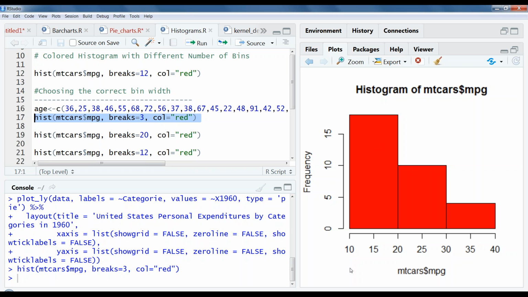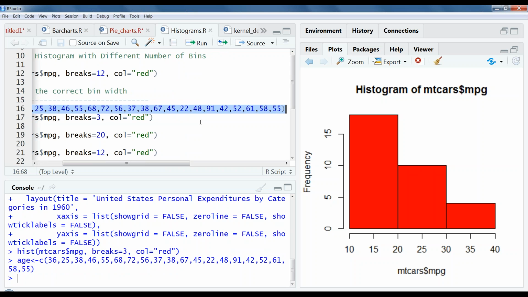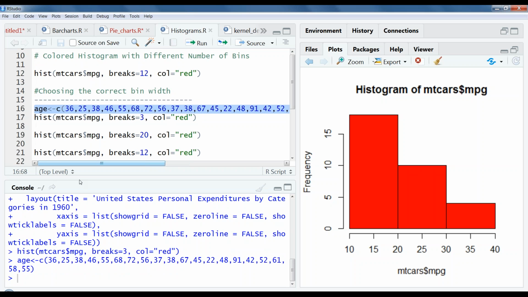What exactly we are trying to say is, we have a set of numbers. We will take this example: age. I have the ages of around 20 people here.